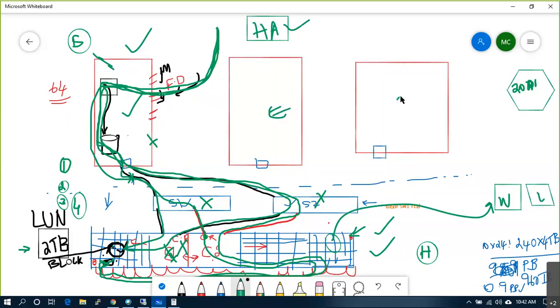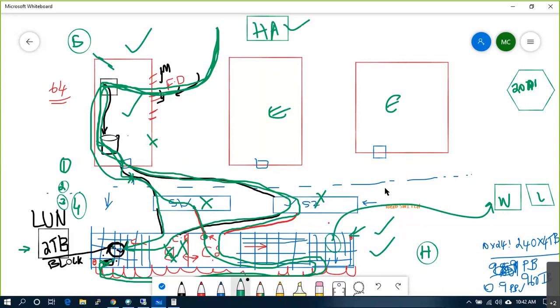How will it identify to whom I have assigned the storage? If I'm sending a letter, I should know the destination, the full address of the person who is going to receive the letter. Agree on this point?